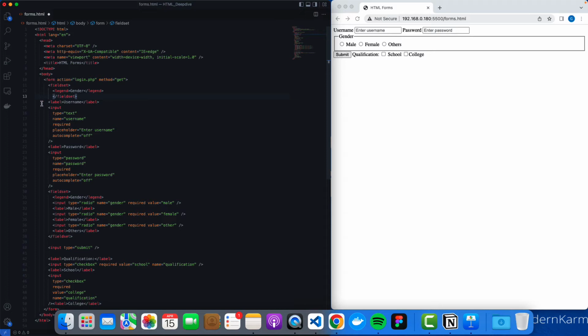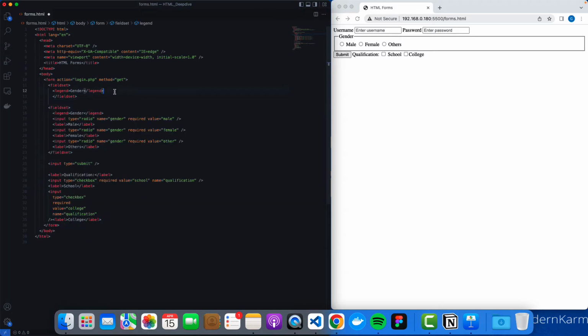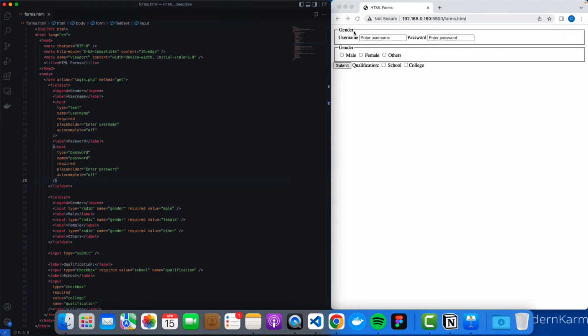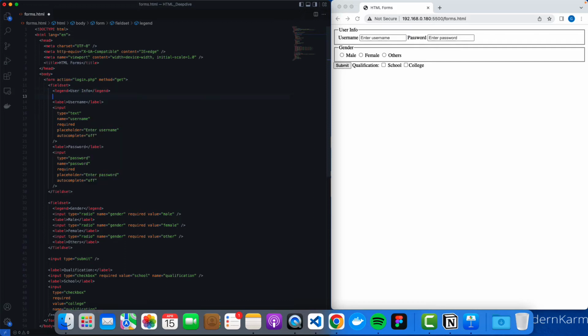I guess this is user information. So I move this in here, and if I save this, this is not gender, I have to rename user info. So if you see, I created a field set that is giving me this nice little box, and the legend that I keep here is actually coming over here, and rest of the things are the same, like label and